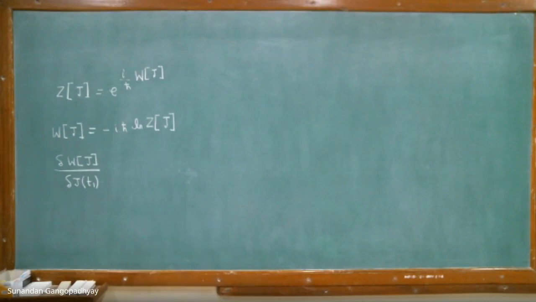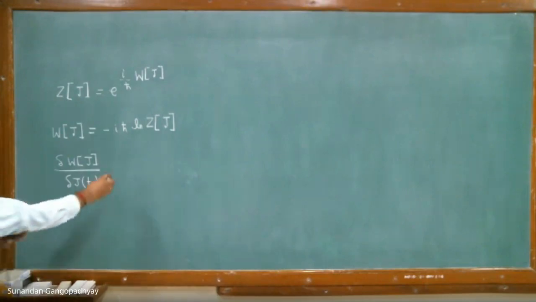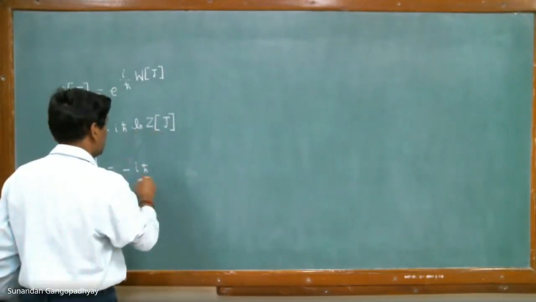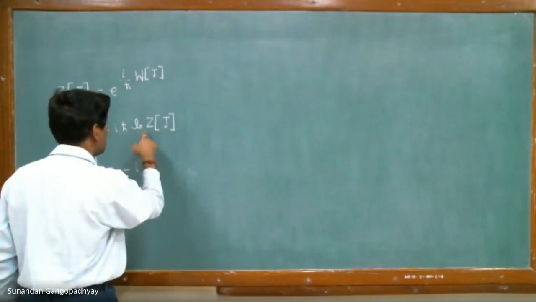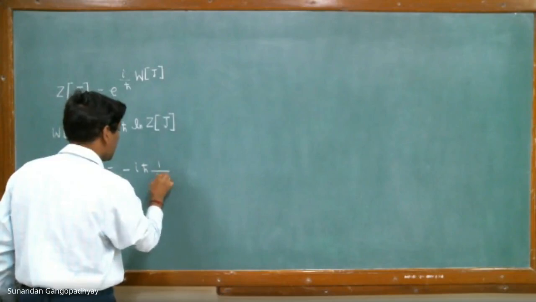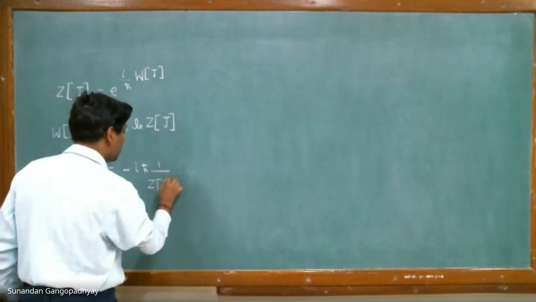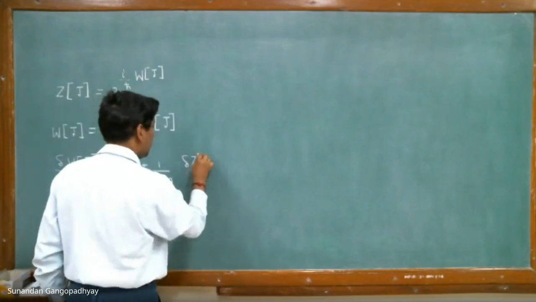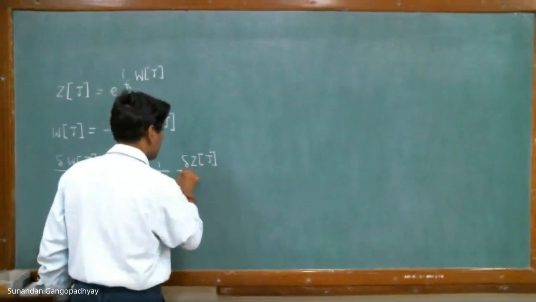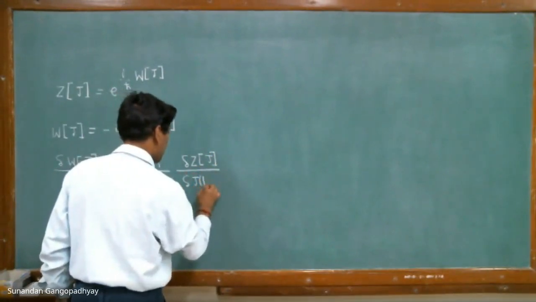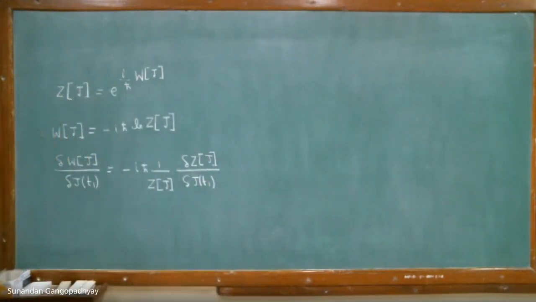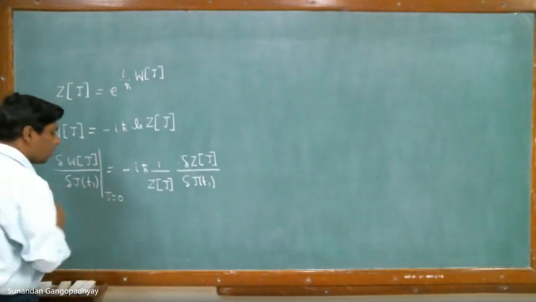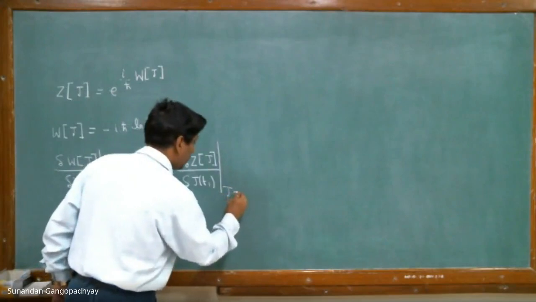and if you do that, then this will give us minus i h bar, del del J t1 of Z of J. So that will give us, these are like ordinary rules of differentiation. So we'll have Z of J and then del Z of J del J t1. So that is what we shall have. And if I just set J equal to 0 after doing the differentiation functionally,